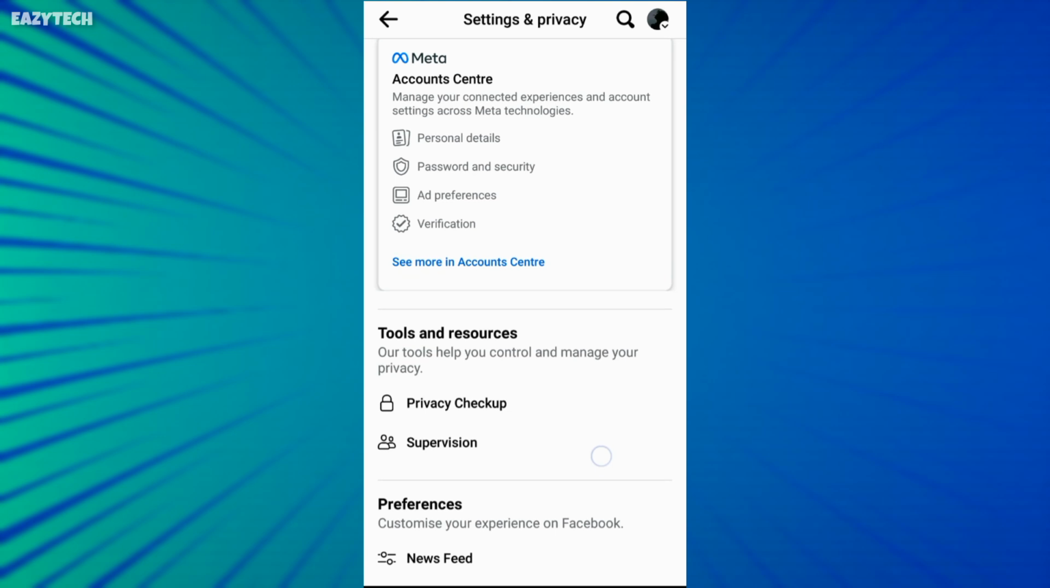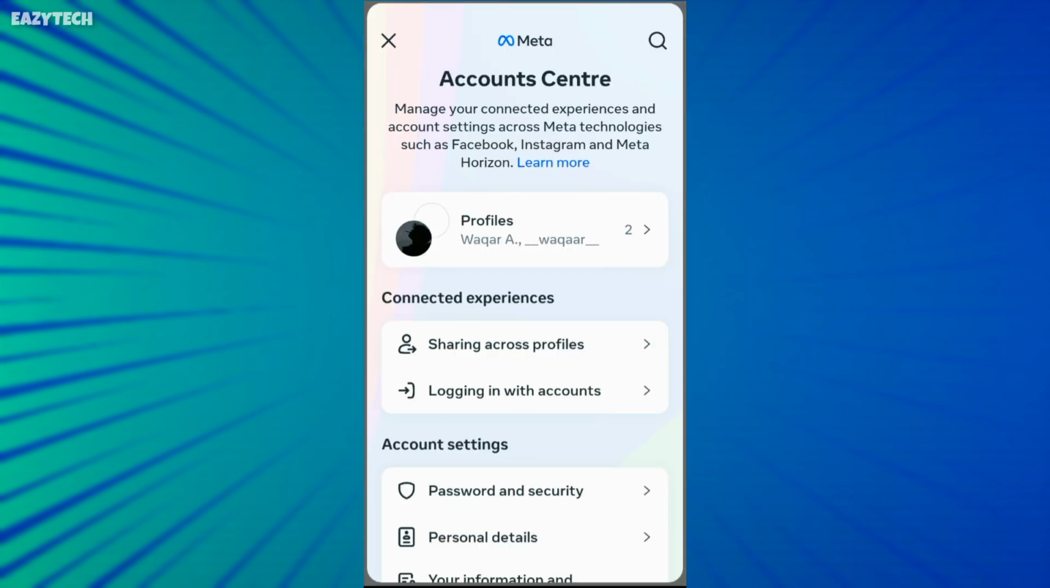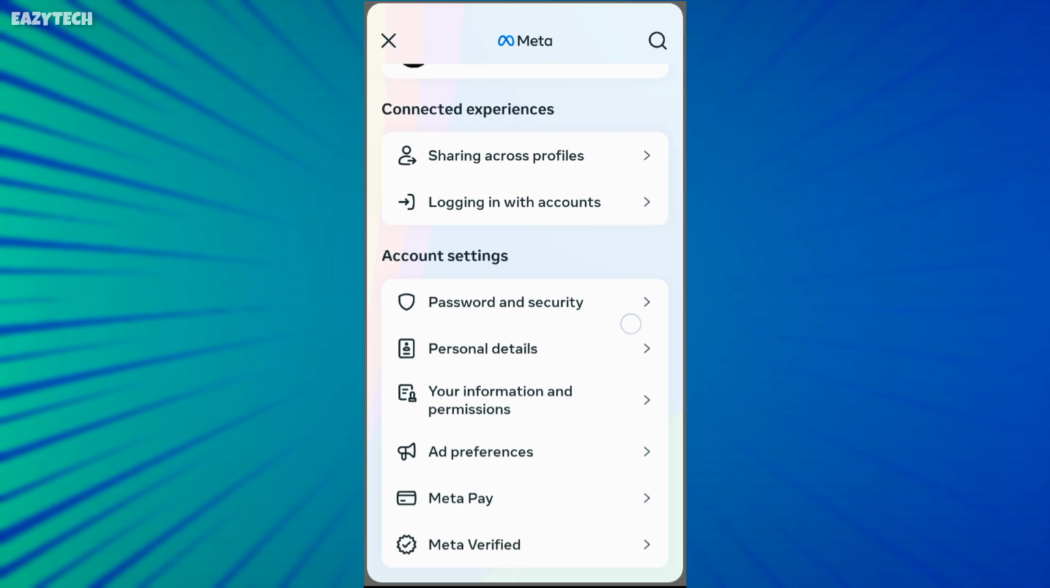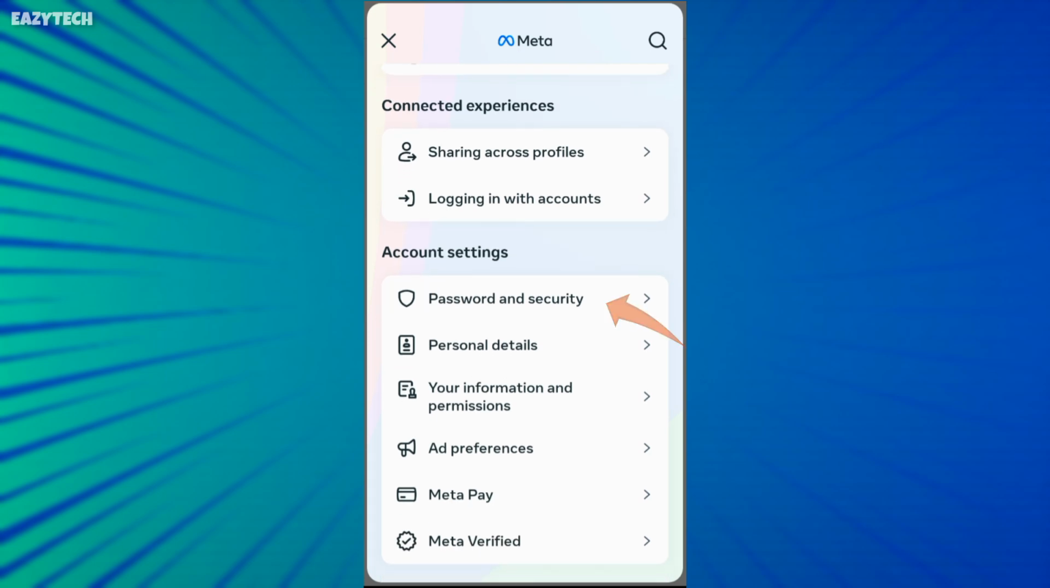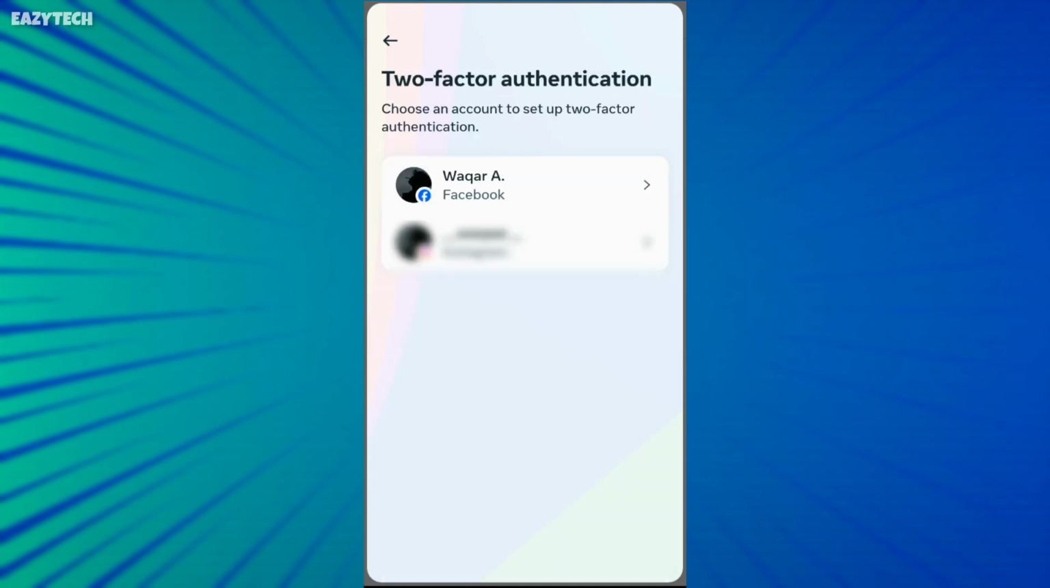Open Account Center. Now, click on Password and Security. Click on Two-Factor Authentication. Click on Facebook. If you have two profiles,